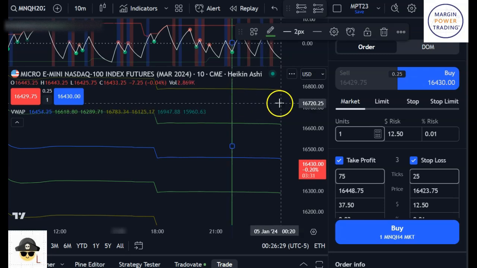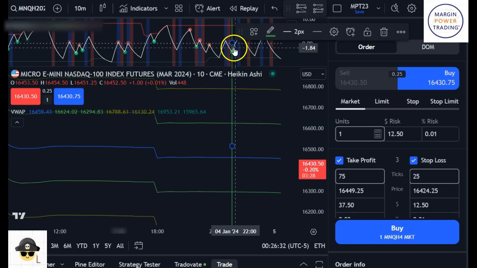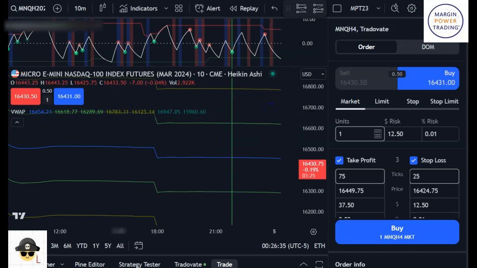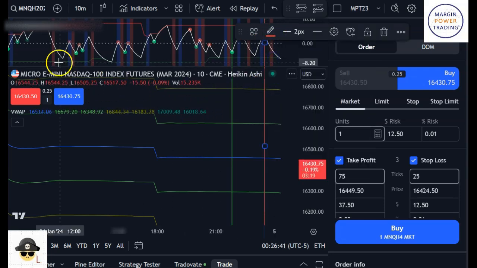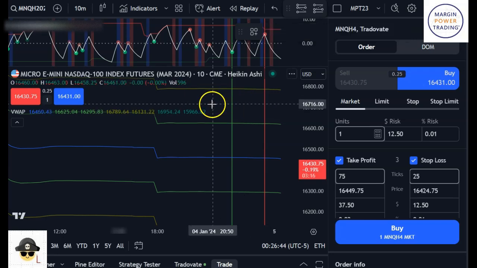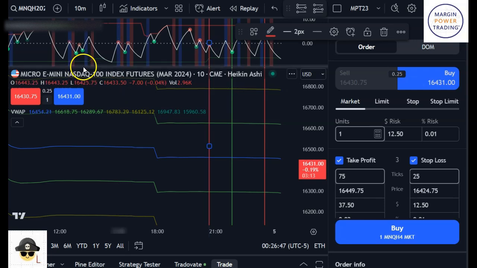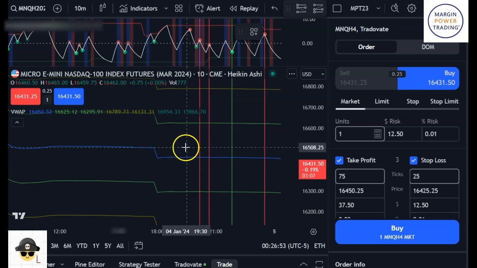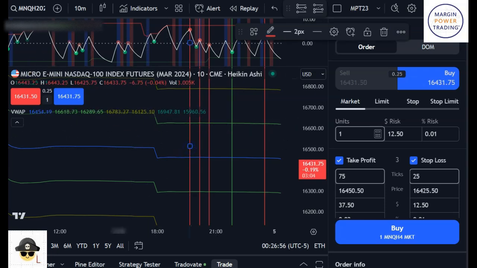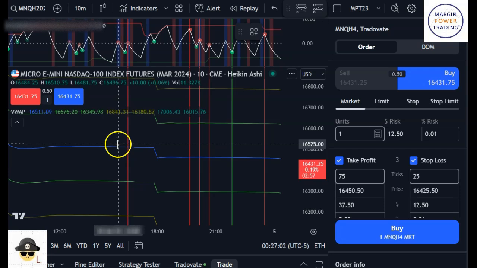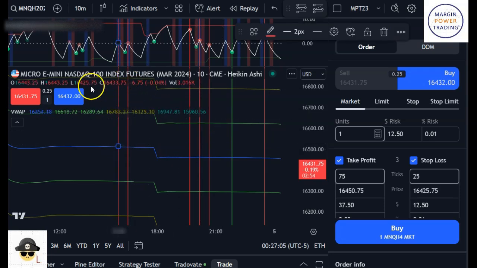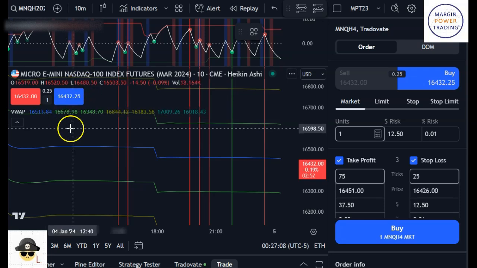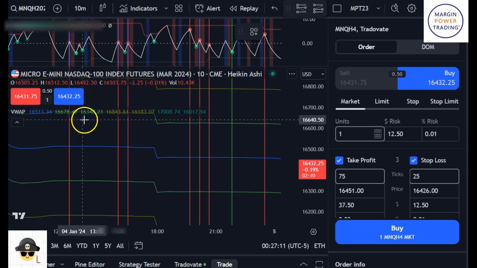But look, that was a primary signal to the upside right there. So I'm going to put primary signal there. This is a primary signal to the downside, so I'm going to put that there. And let's see what we got here. Downside, downside, downside, downside, downside. Now if you notice, sometimes the primary, which is the dot, is painted